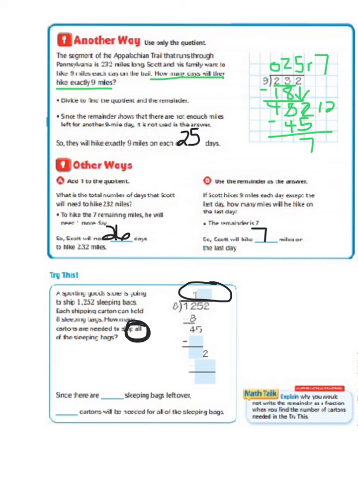So we've got 12 divided by 8 is 1. 1 times 8 is 8. 12 minus 8 is 4. We now bring down our tens column, and that leaves us 45 divided by 8. Well, we know that we can multiply by 5 to get 40, which does not go over our 45. So we put our 5 in the tens column. 5 times 8 is 40. 45 minus 40